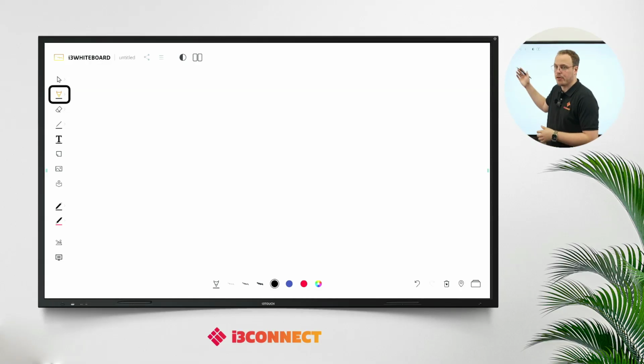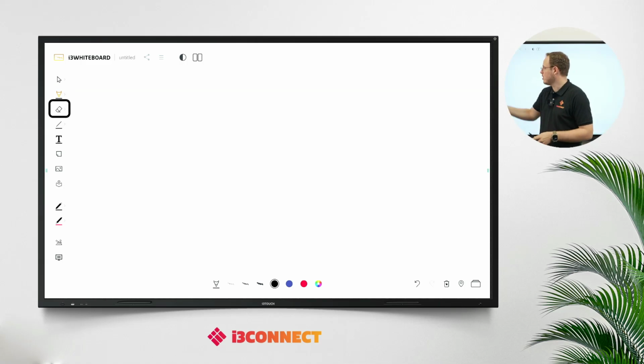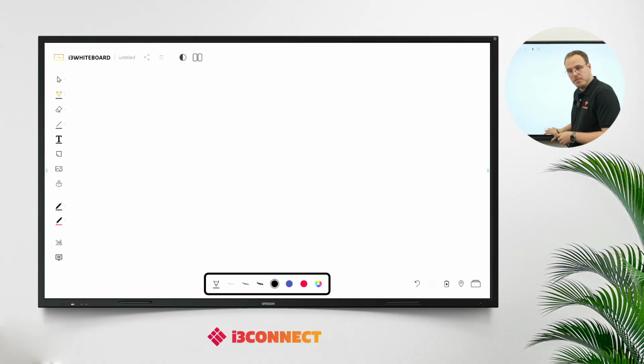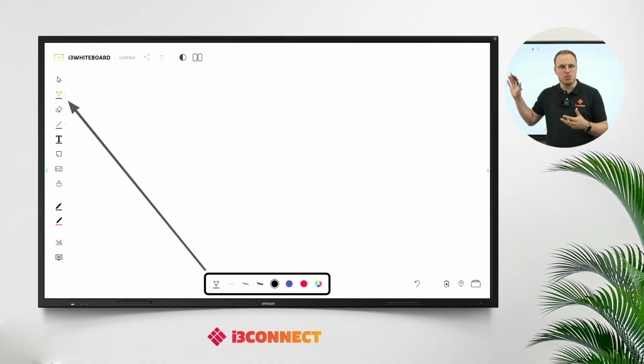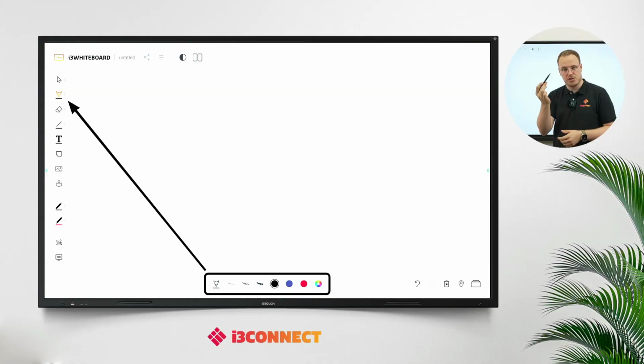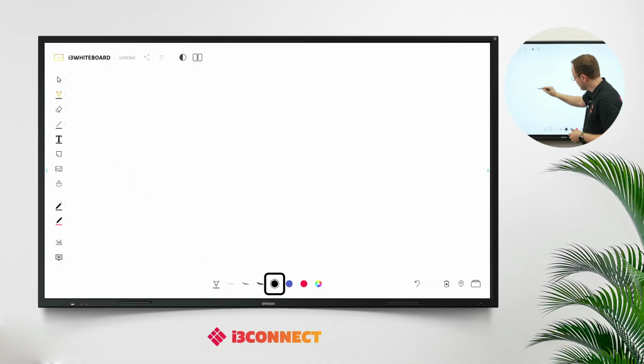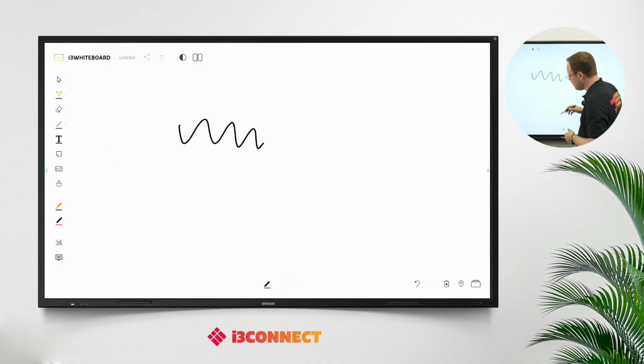As you can see, we currently have the pen selected, but we can also select the eraser, line tool, text, sticky notes, everything that you might need. On the bottom, we can find the context menu. This basically changes the behavior of the tool that you currently have selected. As you can see, the black color is now selected, and when we start writing, we get a black line